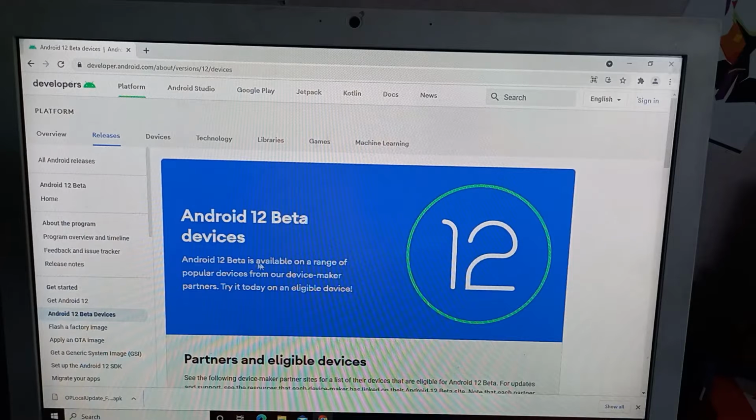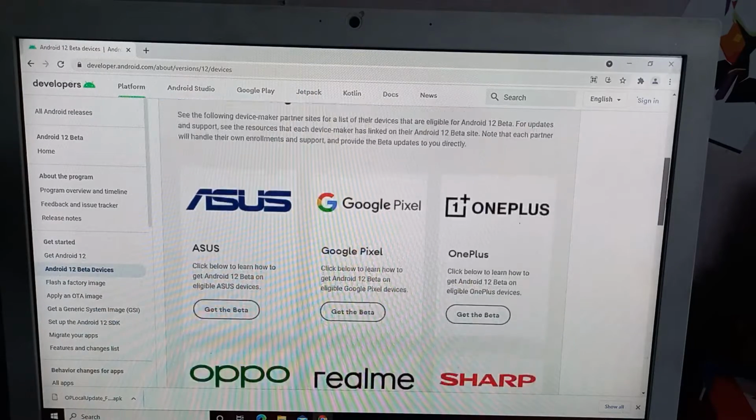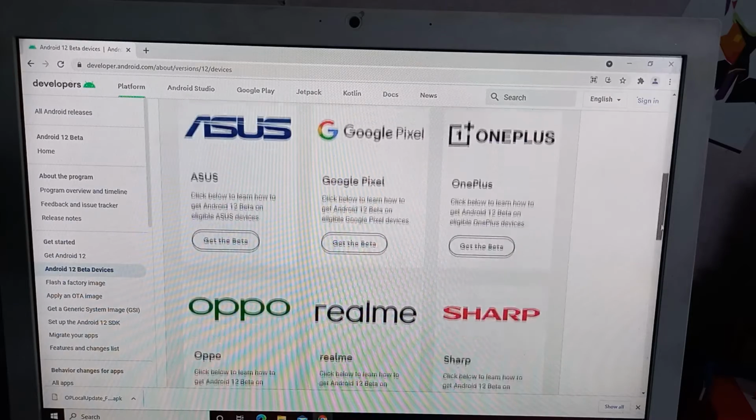Here you will get many things related to the Android 12 beta version, like flash factory image, apply an OTA image, many things you need to download for Android 12. But many devices make it very easy for you to install Android 12 on your device. Right now there are some devices like Asus, Oppo, TCL, Vivo.